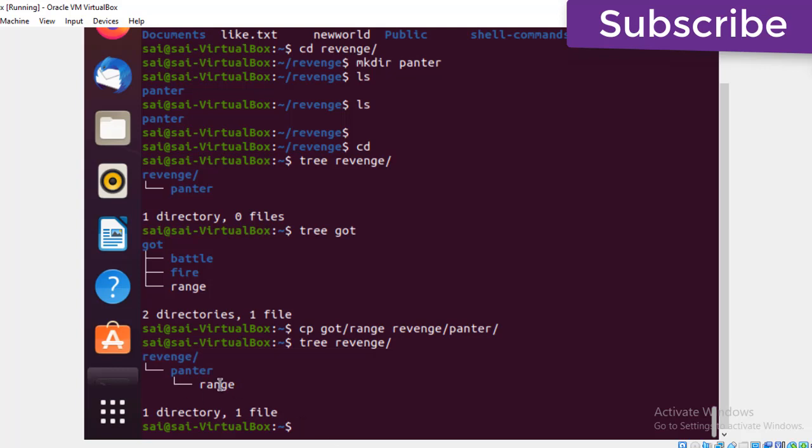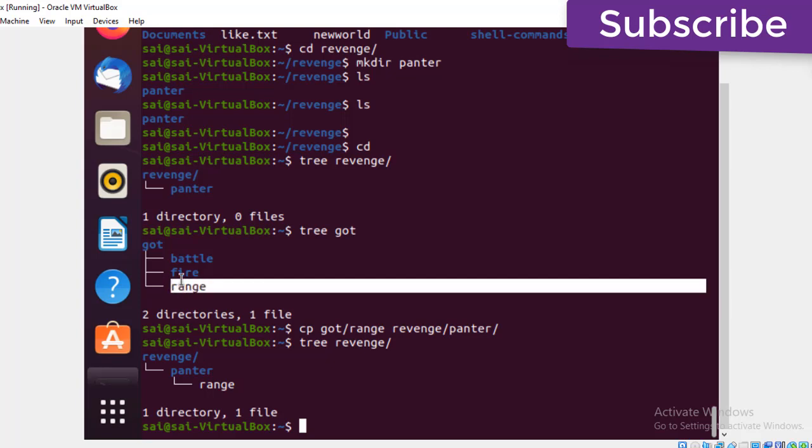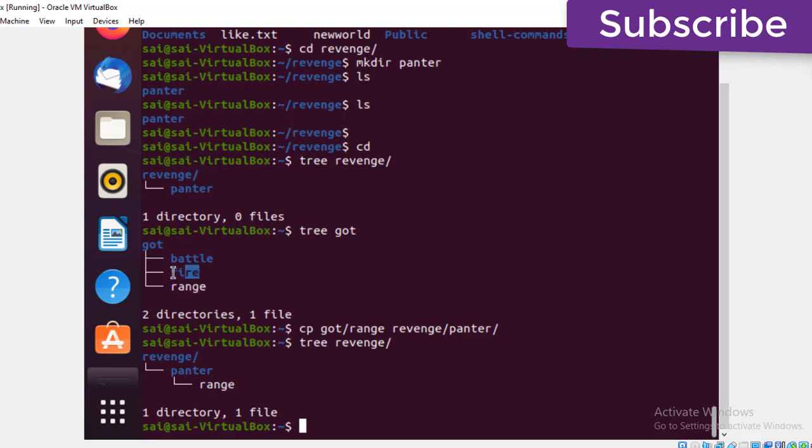So here now we are in the revenge. Here we have range. I want to copy this file within the same directory into the GOT directory. So let me show you. What's the command? cp. Range to GOT.